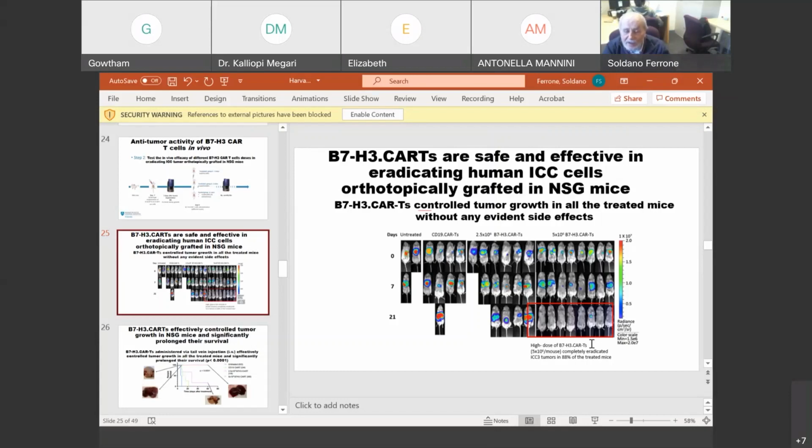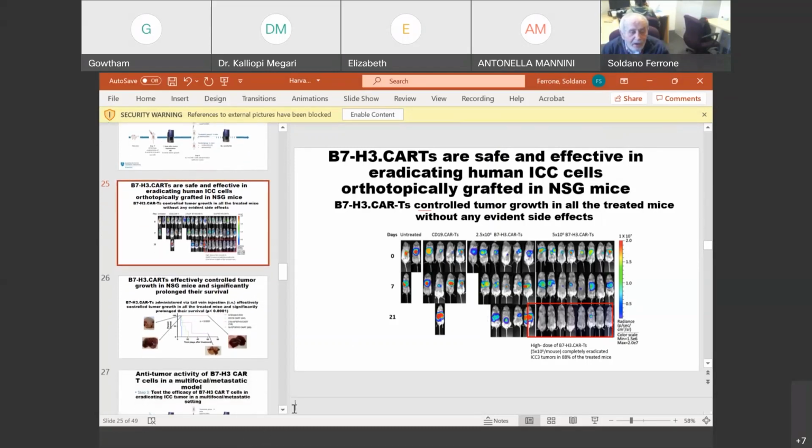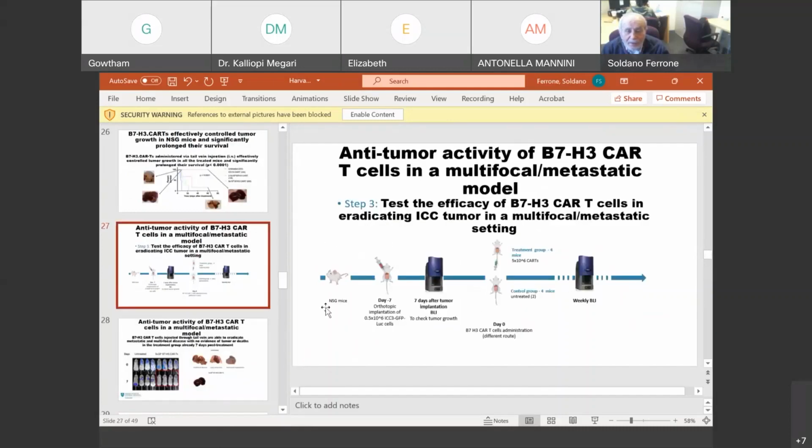And so, as shown in this slide, let me move to it. We performed an experiment in which we injected the tumor cells IV so that there was